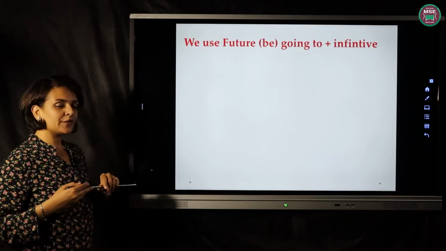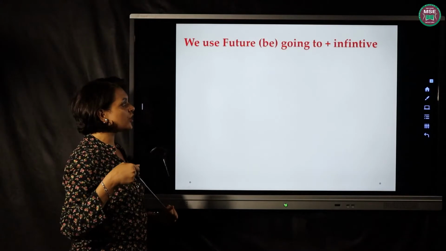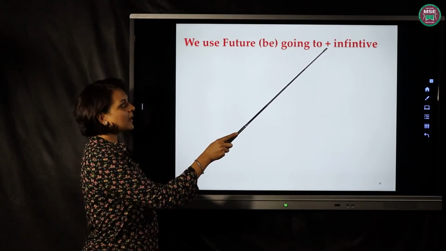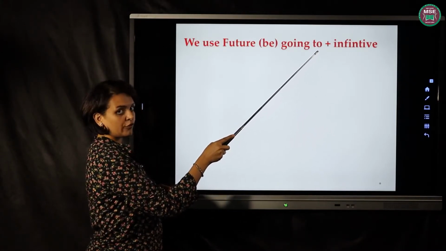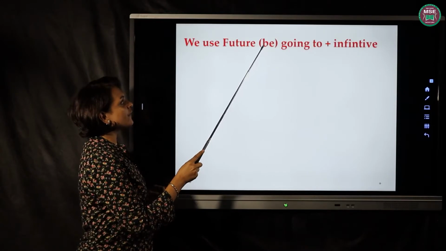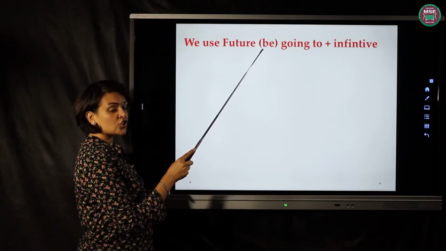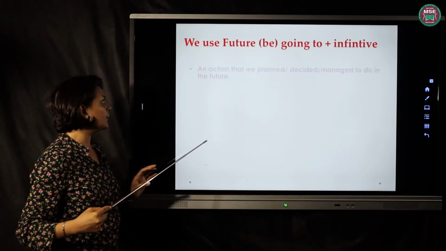Here we have the second part, which is the usage of the future using verb to be with going to plus the infinitive, because we put the infinitive after the word to, of course. So here we have be, is, which will be changed depending on the subject, of course. Okay, so let's see.